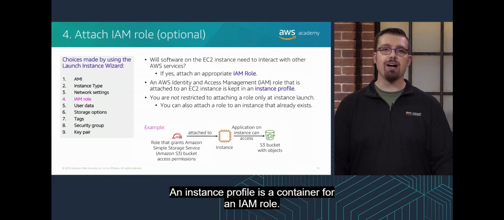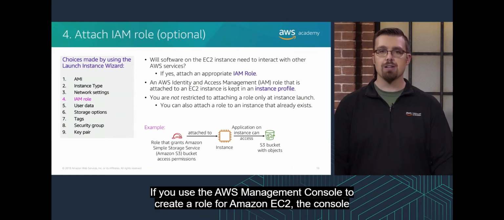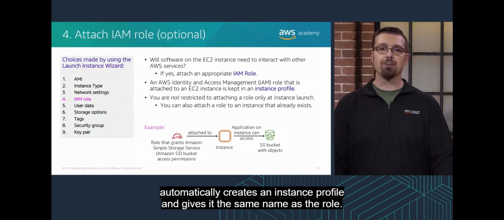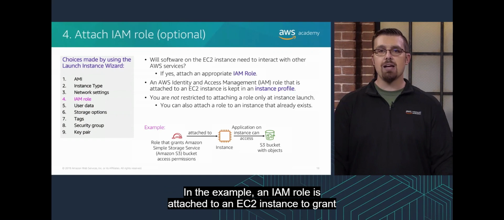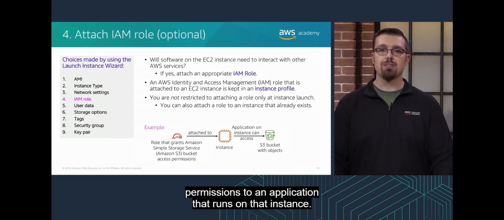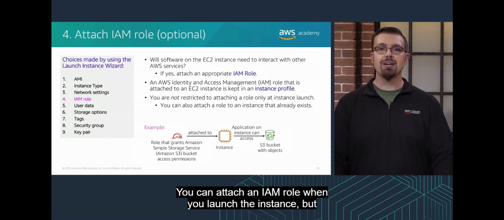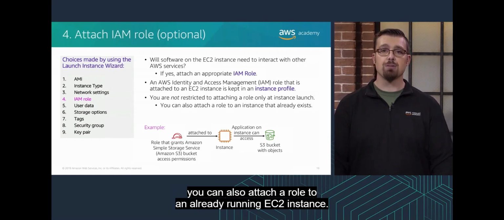An instance profile is a container for an IAM role. If you use the AWS Management Console to create a role for Amazon EC2, the console automatically creates an instance profile and gives it the same name as the role. In the example, you see an IAM role is attached to an EC2 instance to grant permissions to an application that runs on that instance. The application must access a bucket in Amazon S3. You can attach an IAM role when you launch the instance, but you can also attach a role to an